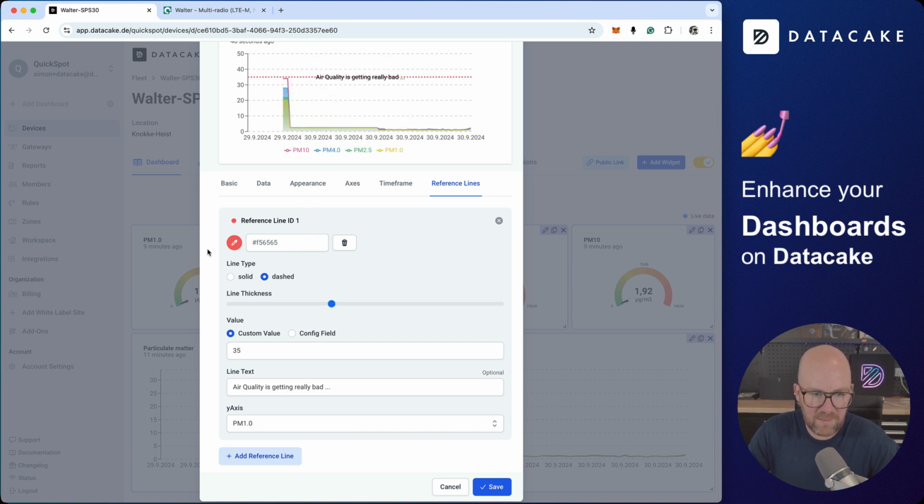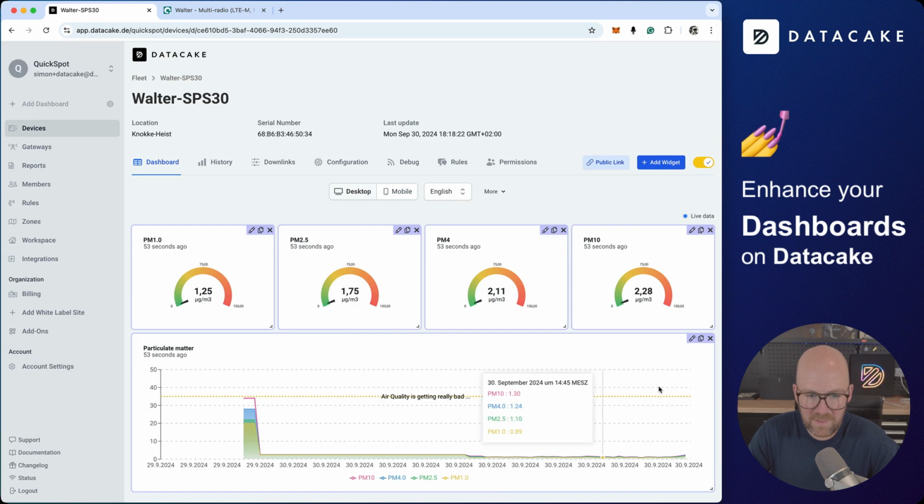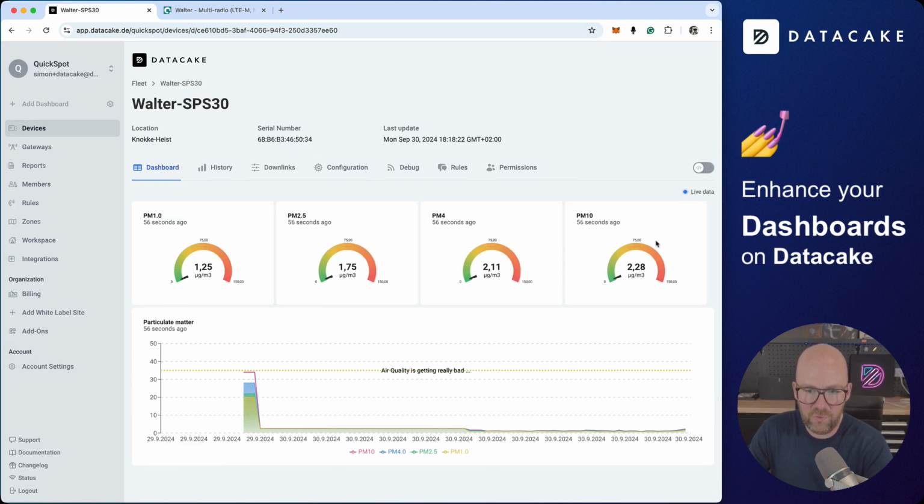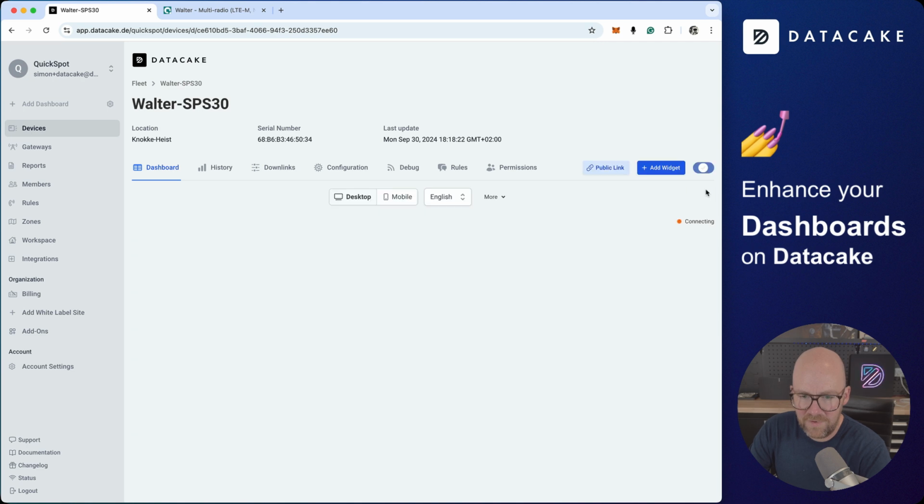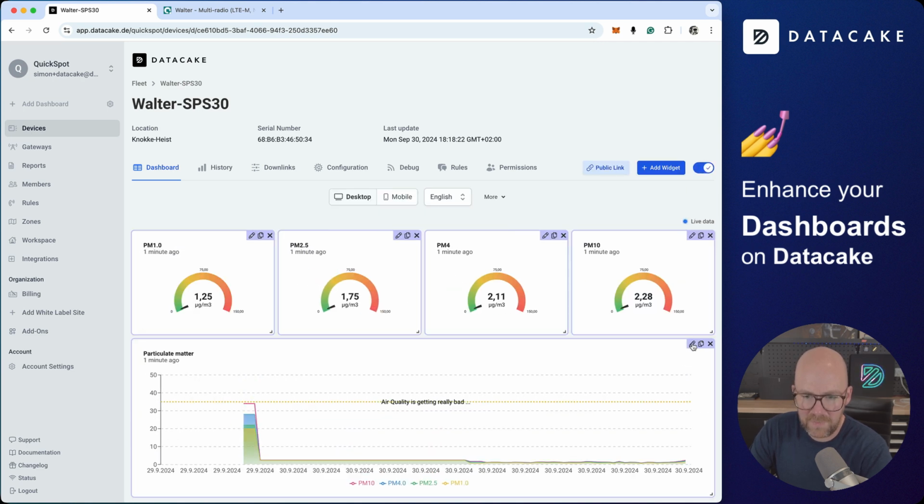Okay, we can see thicker and then maybe yellow. Something like that. Save this. And now we also made the representation of the chart a little bit better. You can also go ahead